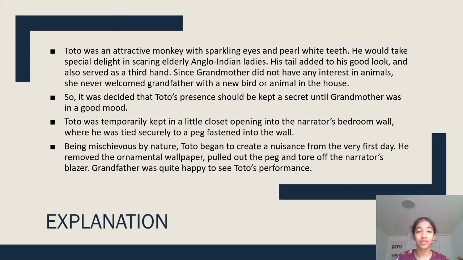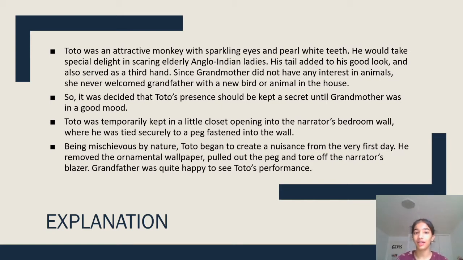And Toto's tail also acted like a third hand for him. He did a lot of work with his tail more than he did with his hands. It helped him hang from the branch of a tree, and he also used it to lift objects which are beyond his hands' reach. But again, as I said earlier in the previous slide, the narrator's grandmother did not have